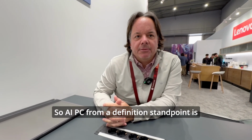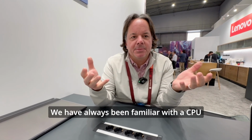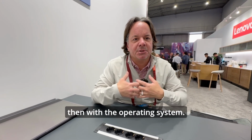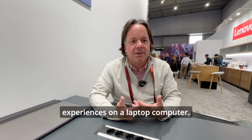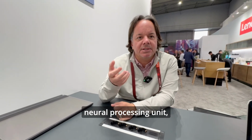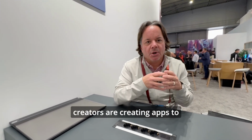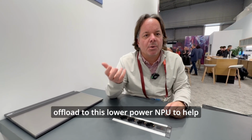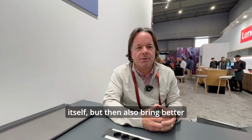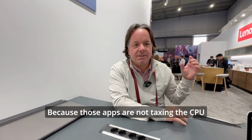So AIPC, from a definition standpoint, is really talking about the NPU. We have always been familiar with a CPU on a product, working with a GPU, and then with the operating system. That's what enables the overall experiences on a laptop computer. Now, with the addition of an NPU, or a neural processing unit, more and more of our software app creators are creating apps to offload to this lower power NPU to help the overall performance of the device itself, but then also bring better battery life to the systems, because those apps are not taxing the CPU or the GPU,